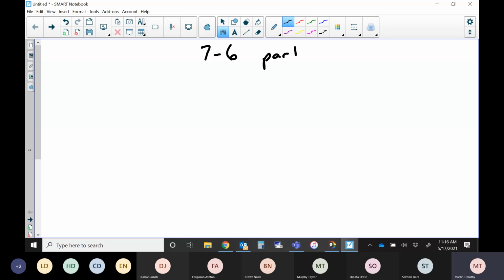So this is 7-6, part 1. And let's just start. We're just going to graph these because we didn't do a really good job of graphing these yet. So y equals, let's say, 2 cosine of x. All right, well, first, you should have learned in 7.3, one of the questions talked about